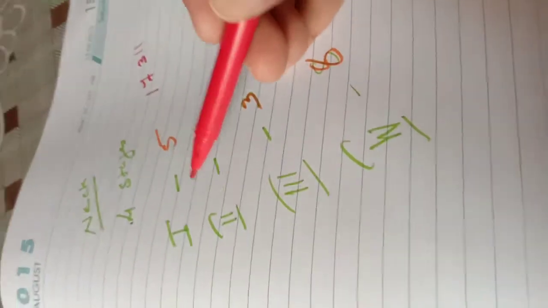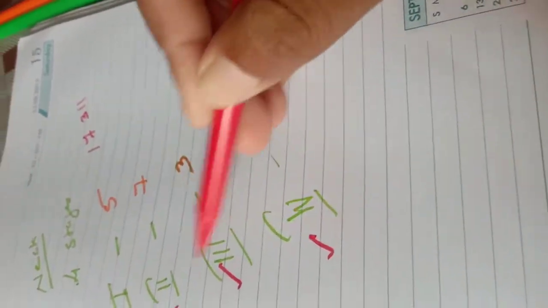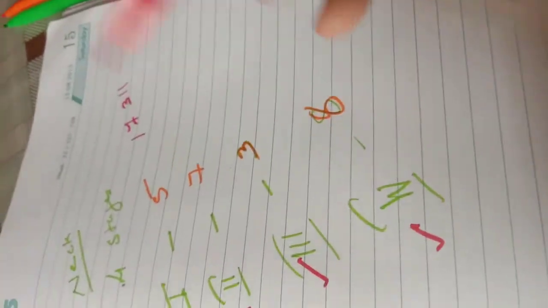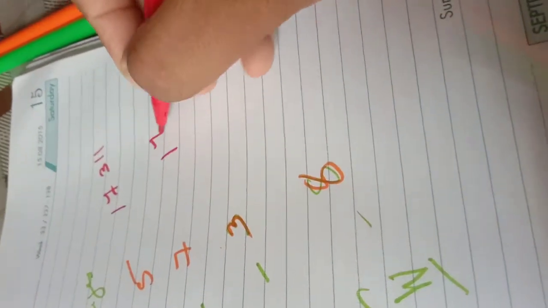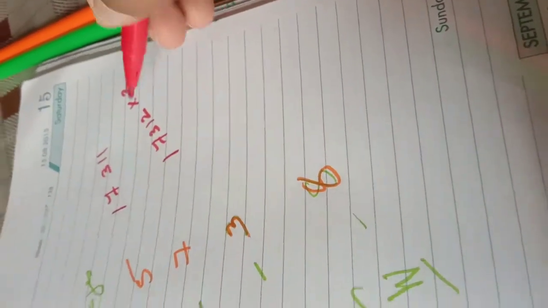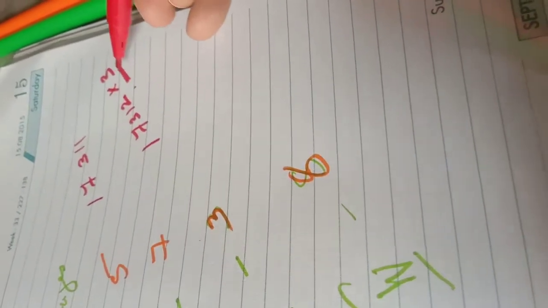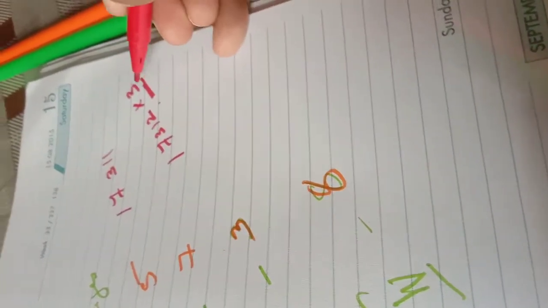So here, how many additional stages? 1, 2, 3. 3 additional stages. So it has told us each additional stage. So 17312 into 3. Okay, so 3 additional stages. It is this into 3 that denotes each additional stage.